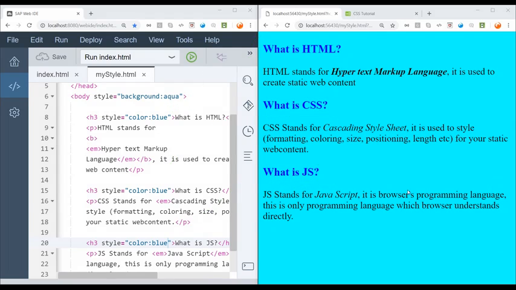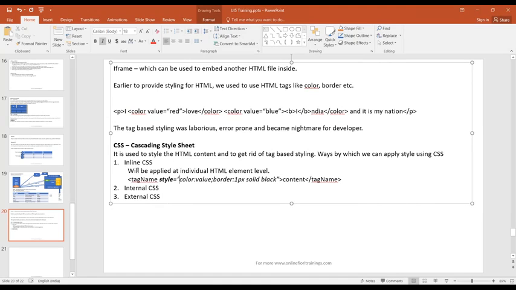So how do we solve this? That's where the internal style was introduced. Internal CSS was introduced. So the disadvantage, the pros and cons actually,